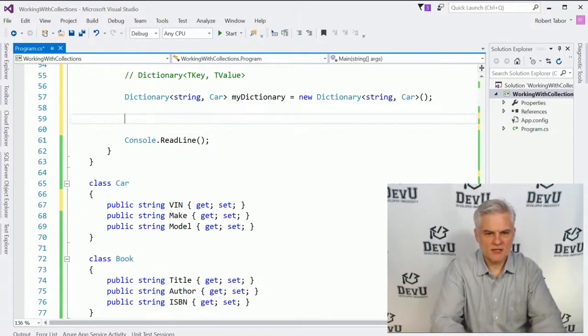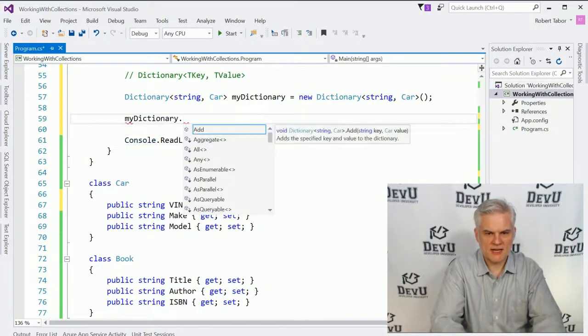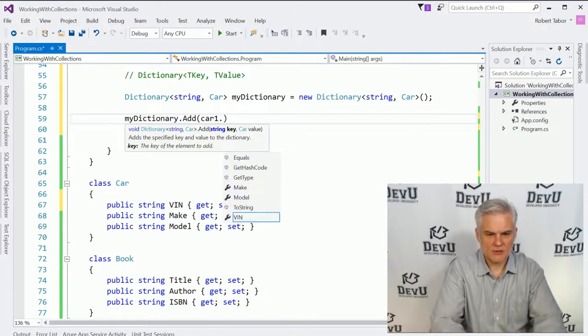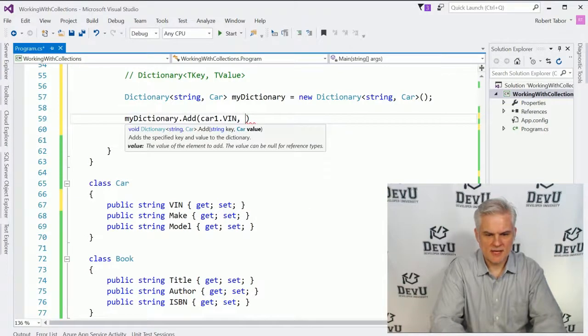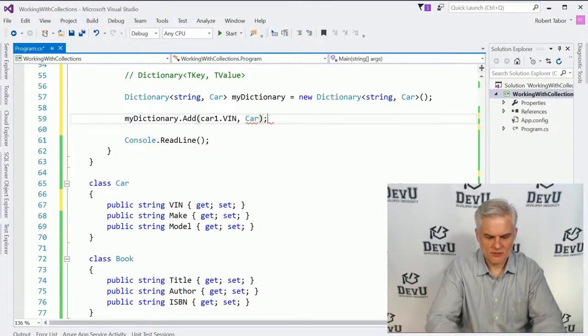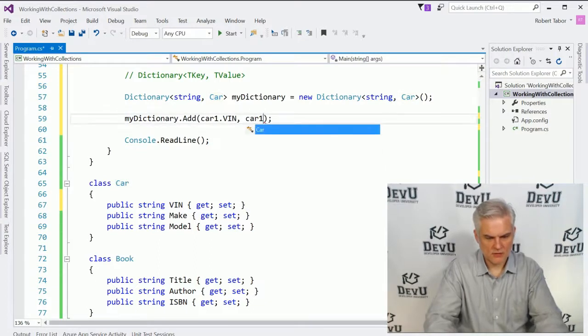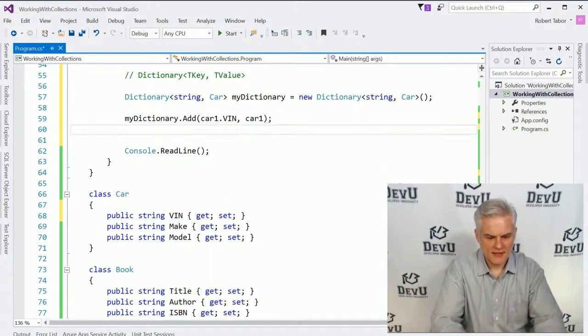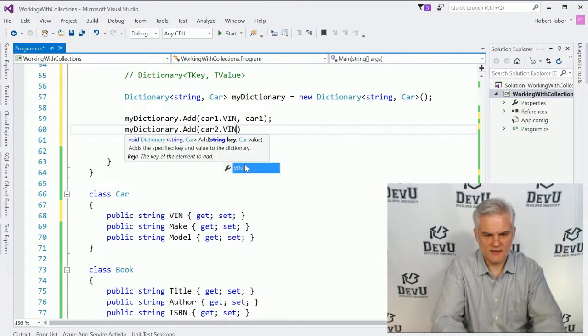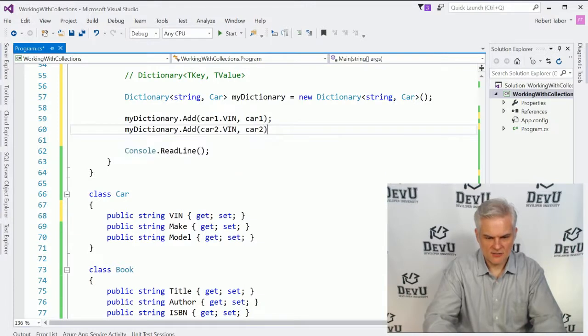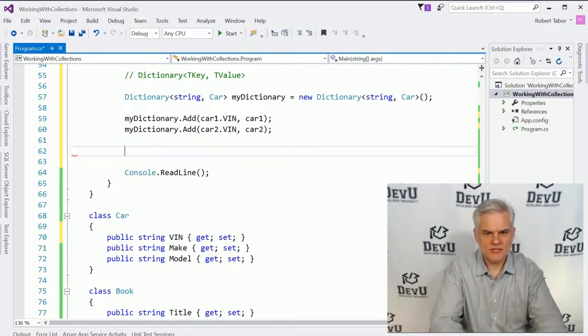And now that I have this, what I can do is go myDictionary.Add, and we'll do car1.VIN and pass in car1 as the actual value. So the car1 VIN again is our key into the actual car1 itself. Okay, and likewise we'll go Add car2.VIN and car2. All right, and so at this point here, if I were to attempt to find a given item, so